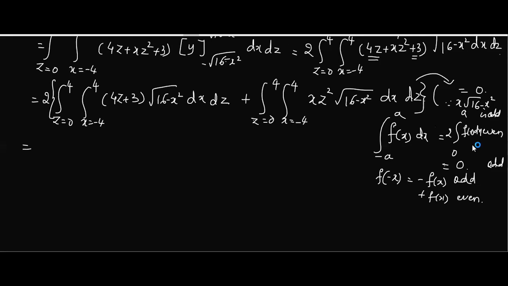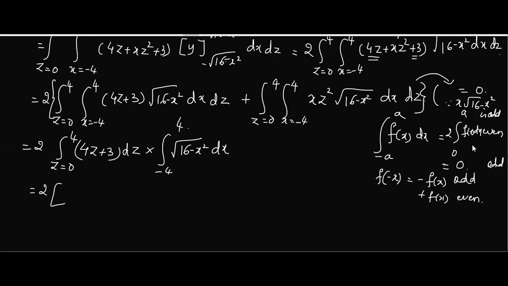Now in this, can we separate x and z terms in this integral? Easily we can do it. Here also you can do it now. But what happens if you do it and ultimately the answer is 0? So don't take much trouble. Okay. Now what are the terms containing x? 16 minus x square, am I right? Minus 4 to plus 4.